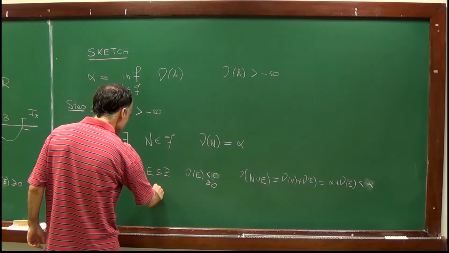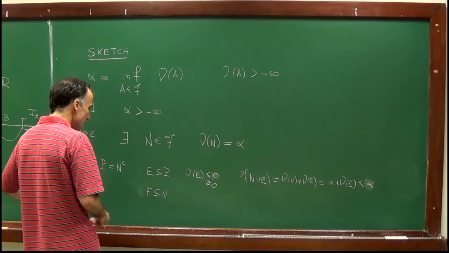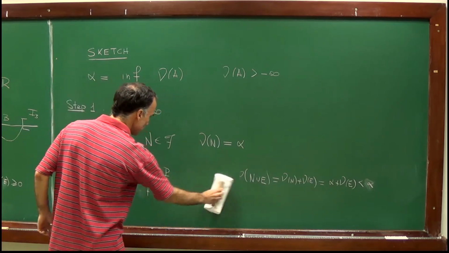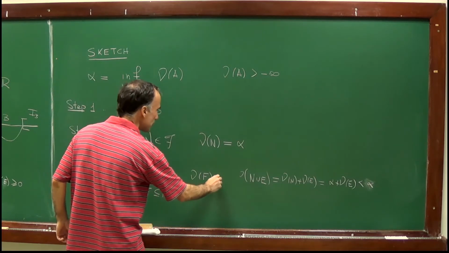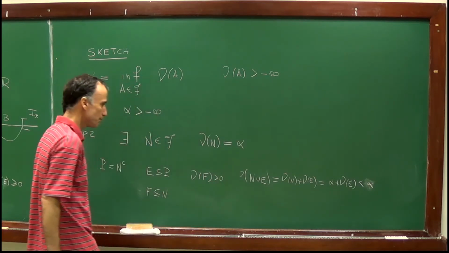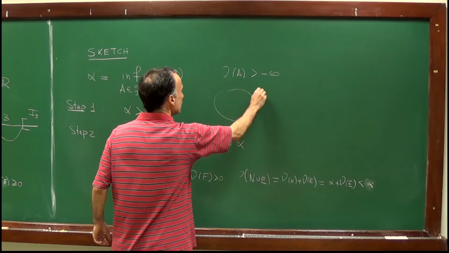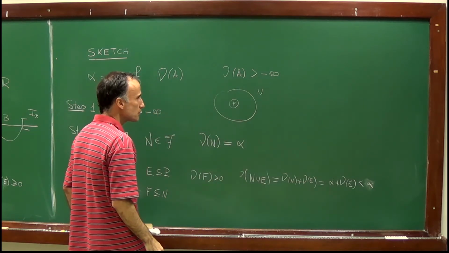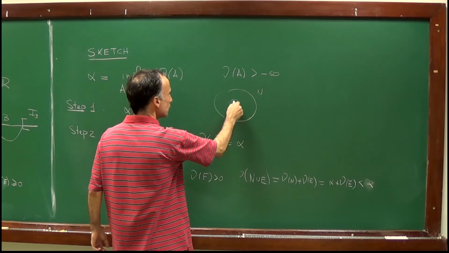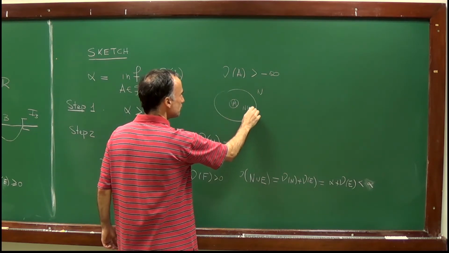So let's take a set F, which is contained in N, and assume that nu of F is strictly positive. So here's the set N, and here I obtain a set F whose measure is strictly positive. And so what shall I do? Well, that's easy. We will consider the set N minus F.